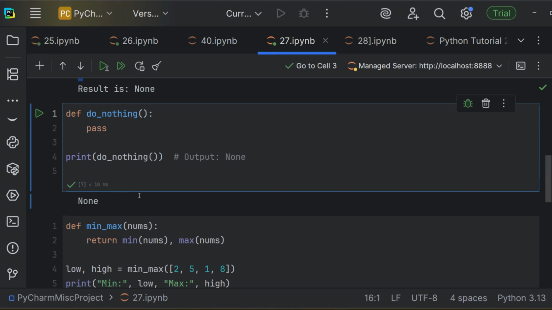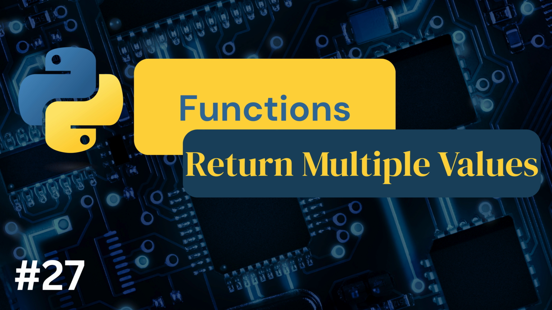Now going back to the topic, None is a specially built constant that Python uses to mean nothing or no value here. When the function ends without a return statement or it just runs pass, Python quietly adds a return None behind the scenes. This is completely valid and sometimes it's even useful. But it's also why it's important to be intentional. Return something if your function is expected to provide a result.